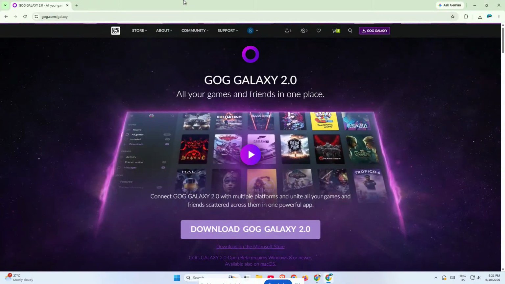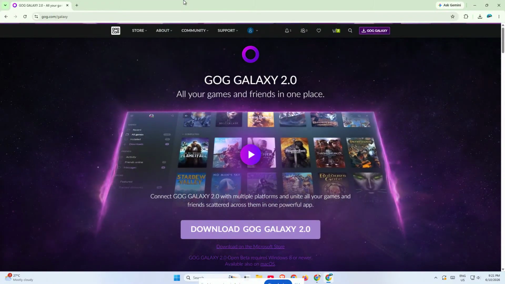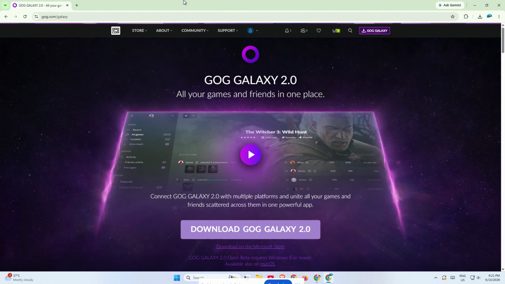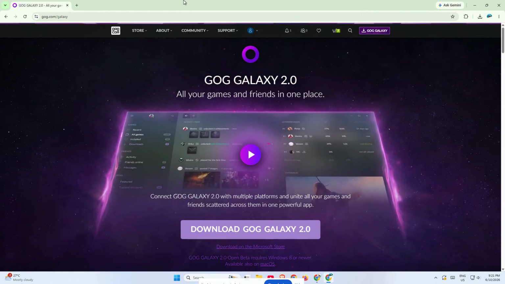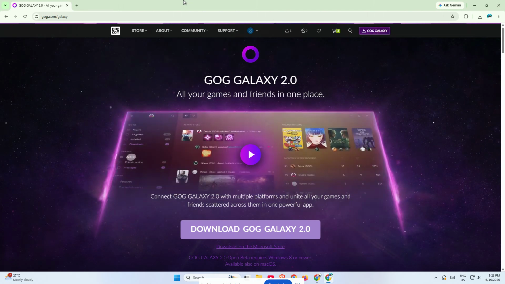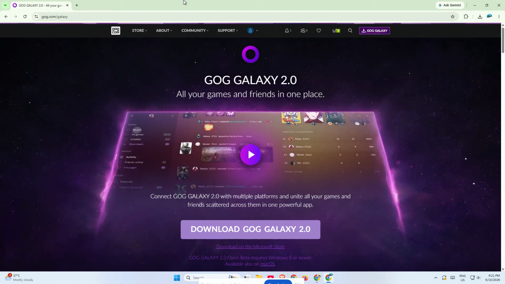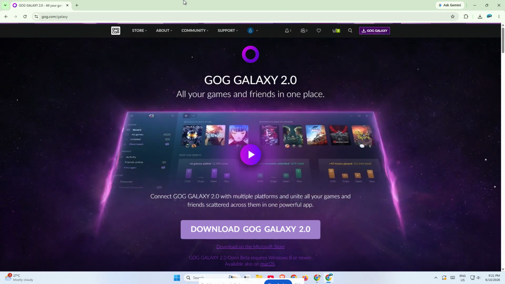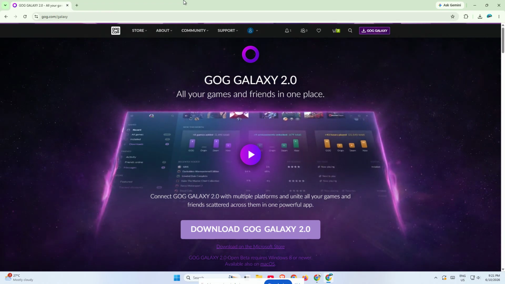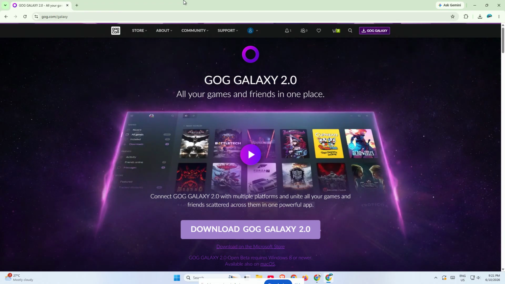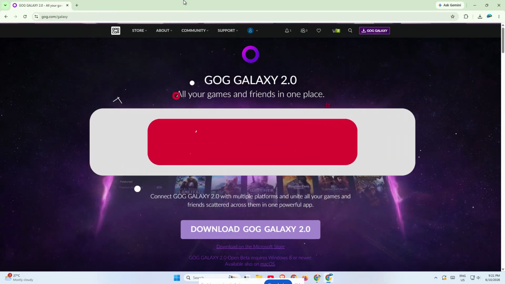In this video, I'm going to show you exactly how to download the GOG app, also known as GOG Galaxy, on your Windows PC in just a few simple steps. If you've been looking for a fast way to install GOG Galaxy 2.0 so you can manage your game library, connect your accounts, and launch your games from one place, you're in the right video. This is a straightforward process, but I'll walk you through every step so you can follow along easily, even if